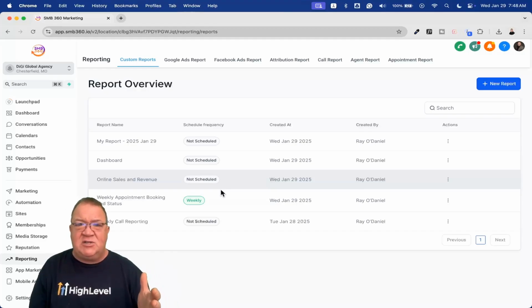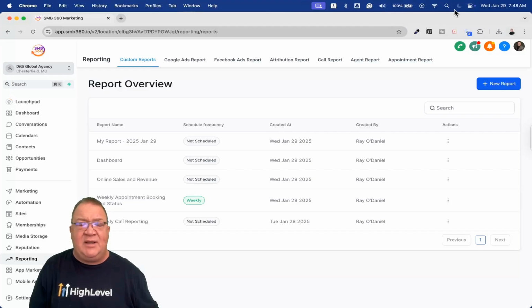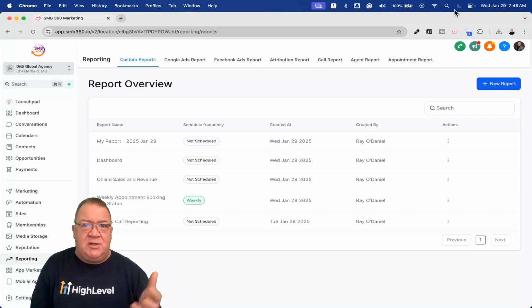Now, if you're a salesperson, you really should be in here looking at the interface, but this right here is just another way that you can build a report and send it out to an office manager, a particular person, or even an outside third party on a scheduled basis. Now, I haven't really seen anybody talk about this, which is why I wanted to create this video, to give you an idea that you could possibly include this in your service or your package